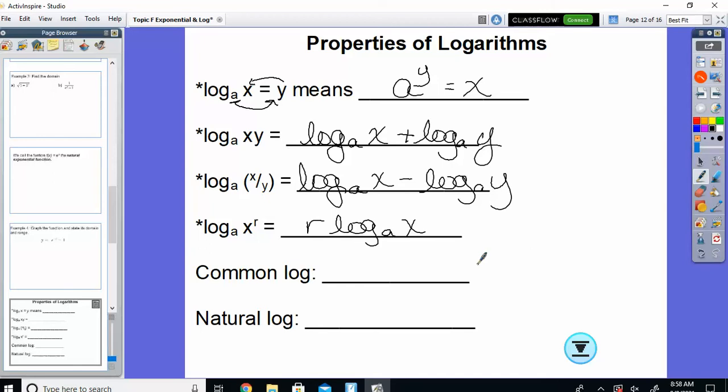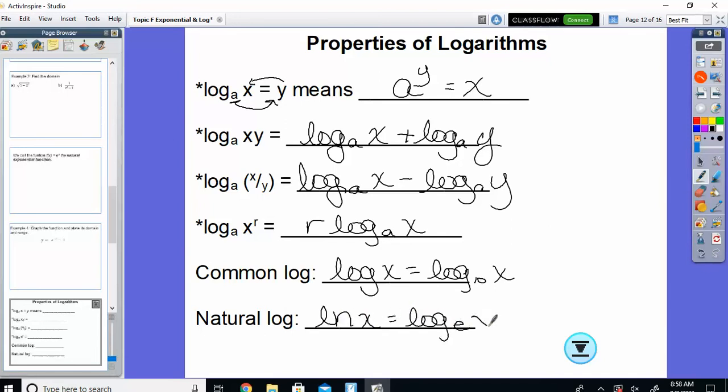All right. The common log is often just written as log of something, and it's understood to be a log base 10. So that was the one that we saw most often in college algebra. You just see a log anytime that base isn't written. It's log base 10. The natural log we see as an ln,